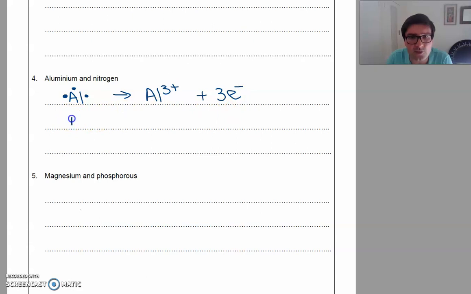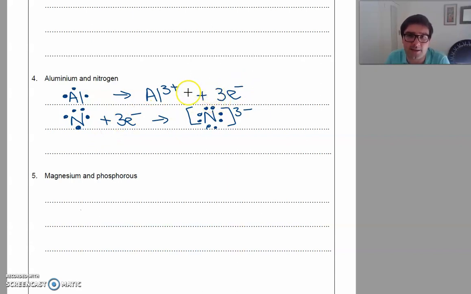Nitrogen is in group 15, therefore it has 5 valence electrons. This is now the formation of the anion. It accepts 3 electrons to become a nitride ion with 8 electrons around it and a charge of 3 minus. Remember here we've got equal amounts of electrons, so they cancel out. The ones that the aluminium atom is giving away are accepted by the nitrogen atom. So our net equation then is aluminium and nitrogen atoms bonding,